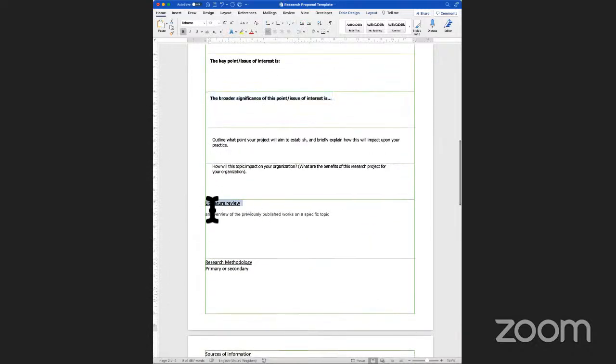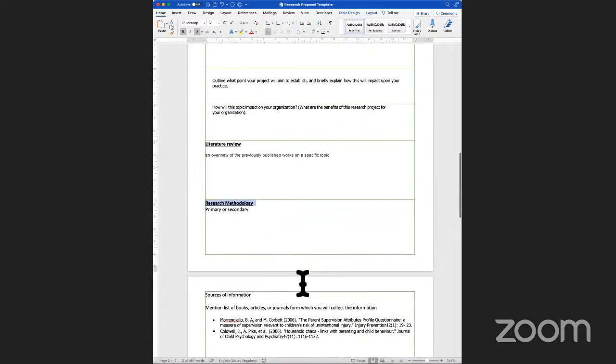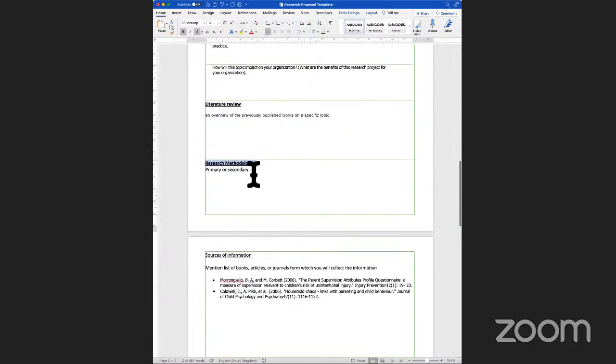Then you look at providing what areas or what sources you will consider for literature review, what are the published research reports, articles, journals that you will look at, primarily considering and finding out information from. You look at the literature review, and after that you will formulate a research strategy,